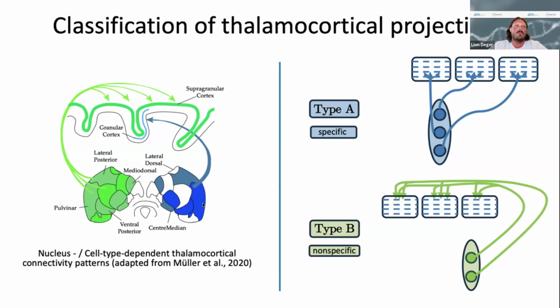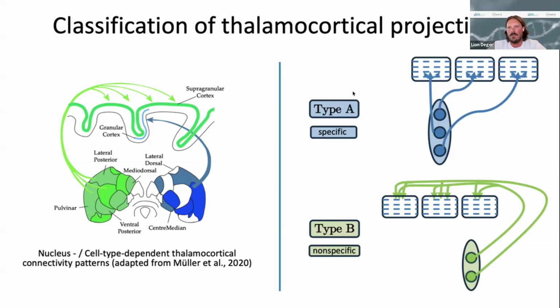And on the right side, the blue nuclei, you see specific nuclei, and they're characterized by more or less direct, very targeted projections to the cortex. On the right side here, you see an abstraction and my poor attempt to graphically show these two types of nuclei and their connections.